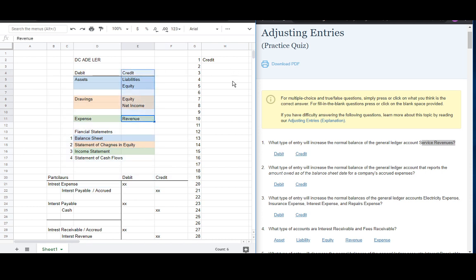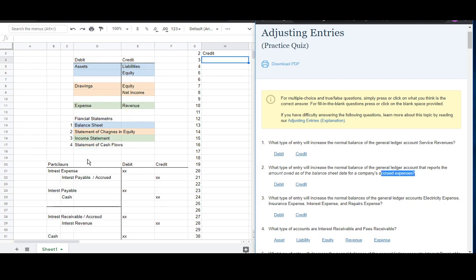What type of entry will increase the normal balance of accrued expenses? The answer is credit. What is accrued expenses? These are liabilities recognized by the company. Here is an example: despite that there is still no cash received or cash paid, we recognize it. One example is when we issue a note from a bank, for example BDO or BPI, and then we must pay interest. However, the